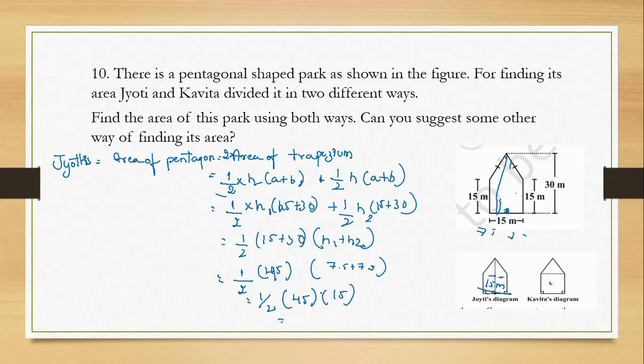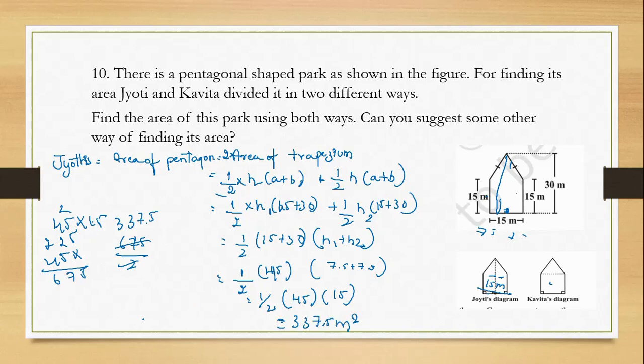Then if you multiply 45 into 15, we get 675, and this is divided by 2, so we get 337.5 meter square as the area according to Jyoti's method. Okay,